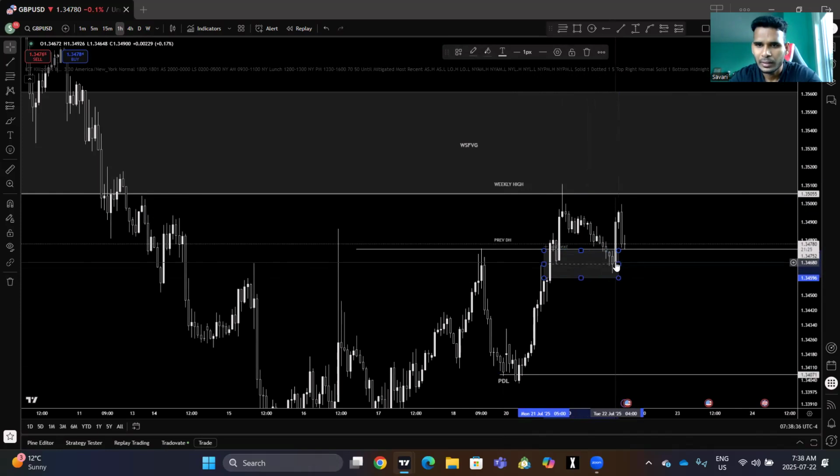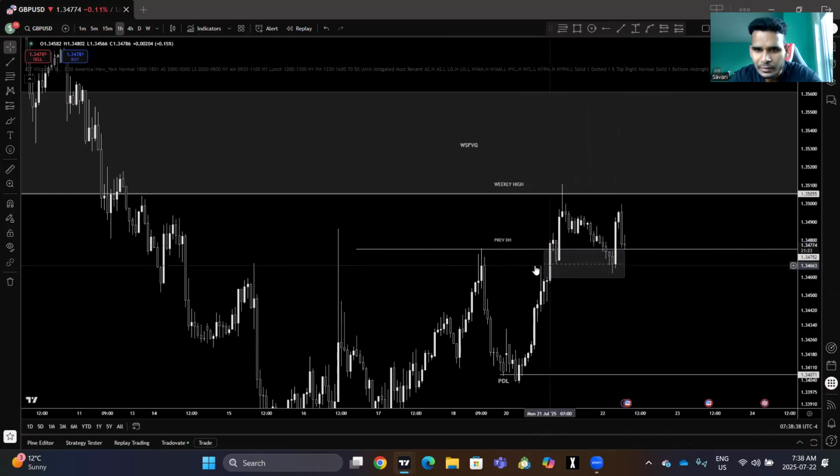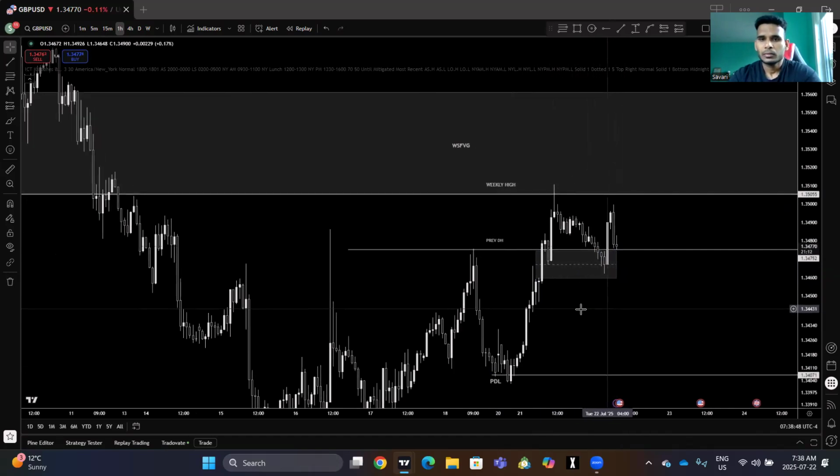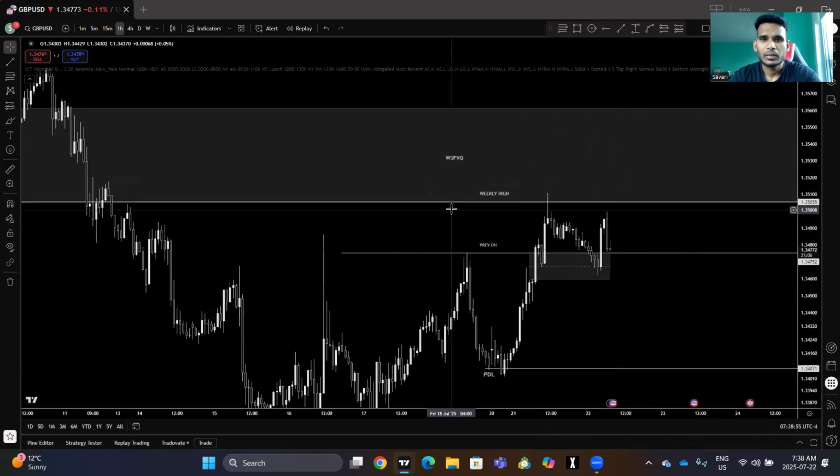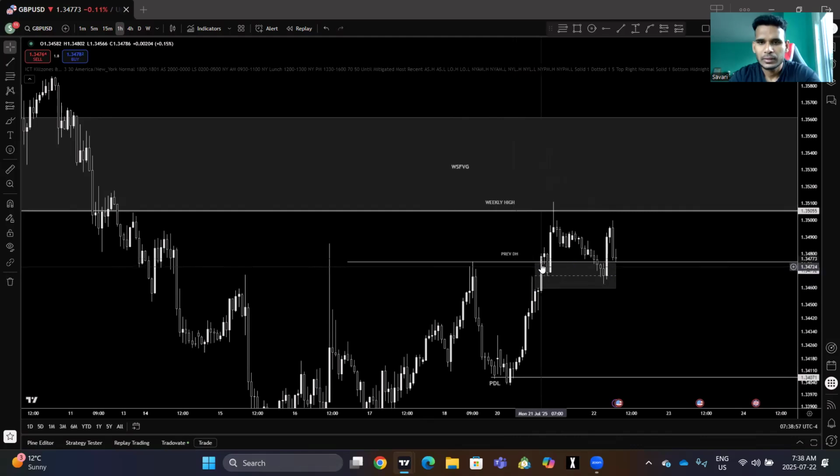Again you can see price stopped exactly at the 50% level. It swept the internal liquidity and stopped exactly at the 50% level in 1 hour. Big displacement to the upside. So we can anticipate higher prices, at least to this point. What a price action, bro. This is the 1 hour time frame. So these are the two pieces that I missed last day.